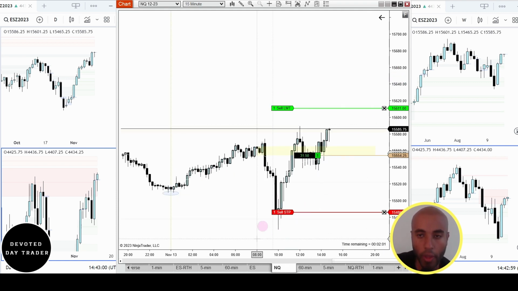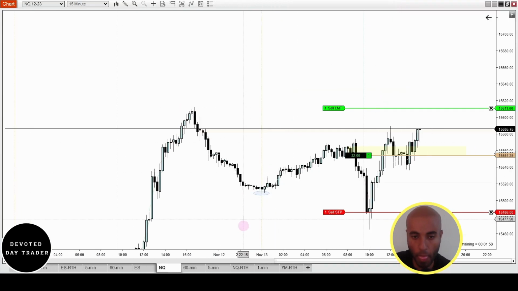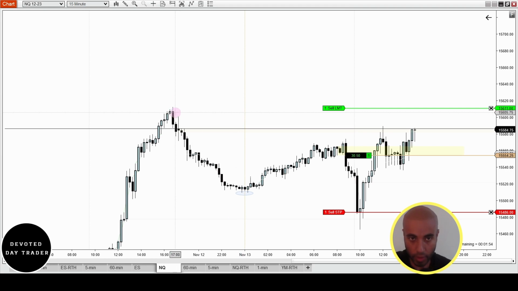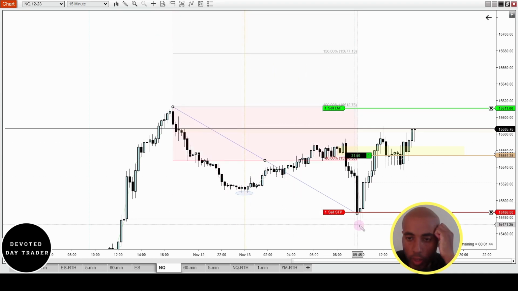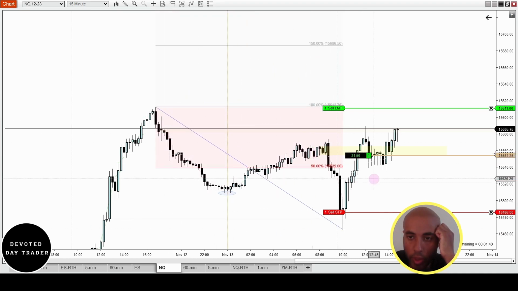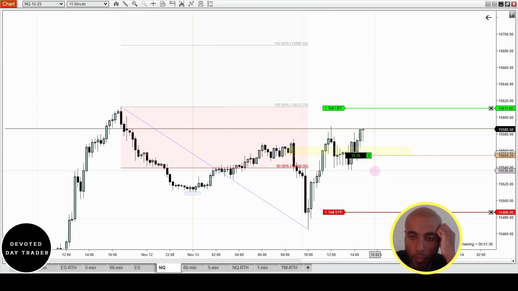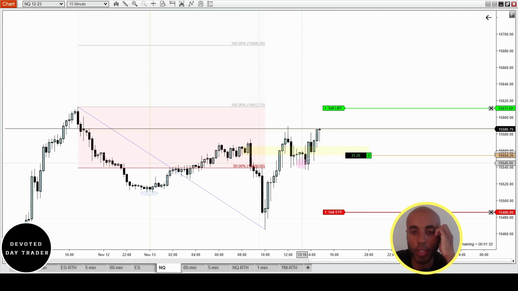And one more thing, if I am betting that the market is going to try to get to right here, and we start the move here and the move ends here, and this is 50%, the consolidation was at 50% of the range from this high to this low, and that was another reason why I added to the position, and I was comfortable with the add because this should continue to act as support.